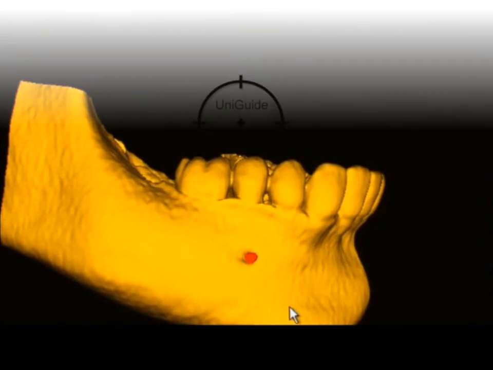But it's not enough for me to make a right decision about what I should do with this tooth. Is there a risk? Is there no risk? What is the risk? What will be my decision? That's what I want to get. Can I get it with this volume rendering image? No. I need something more. So the second step is the surface